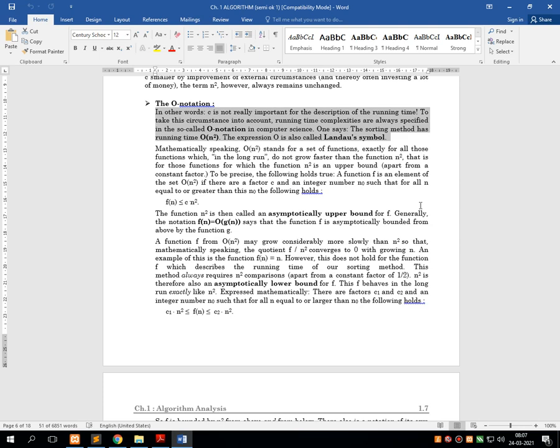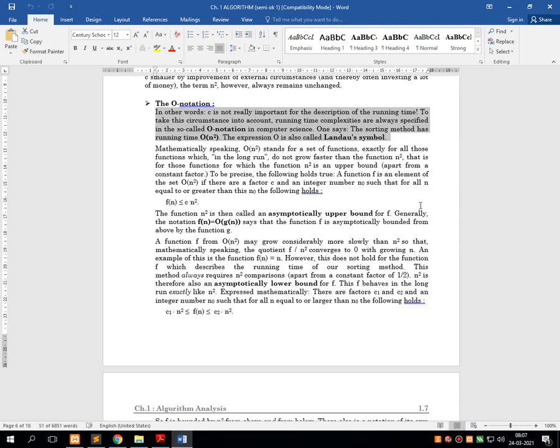That is dependent on various sorting and searching techniques, so it can be simplified using the notation called big O notation.